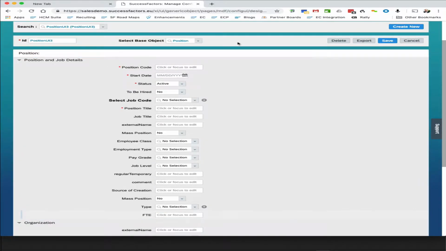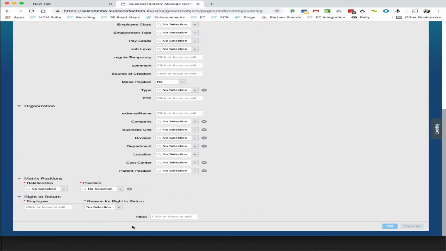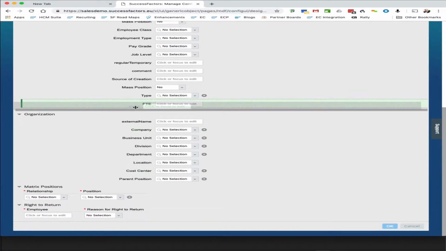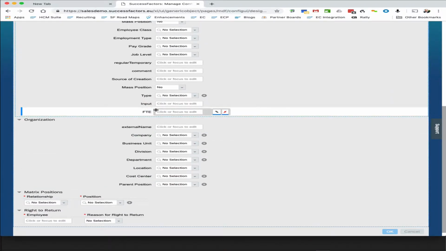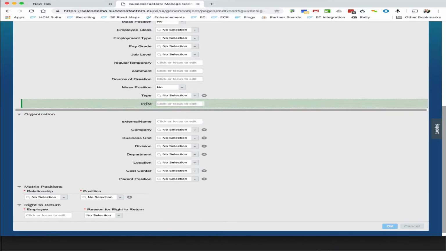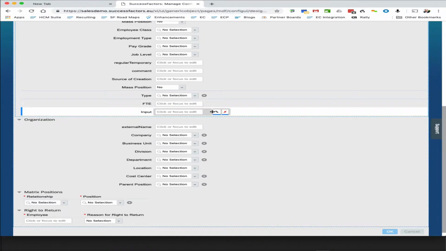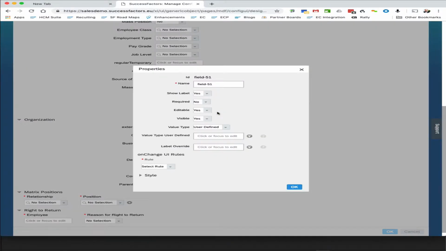So you can see here I pushed add field, and you'll see that that field showed up here down at the bottom. And then I'm just going to roll this up here so that it's in our section. There's a little bit of monkeying around sometimes we have to do. So you can see here the FTE, I moved that up just so that the input down here is the last thing in this section. So now what I can do here is I click on that pencil here, and